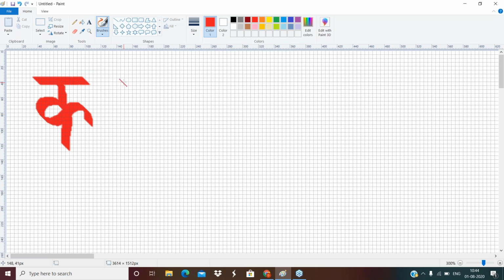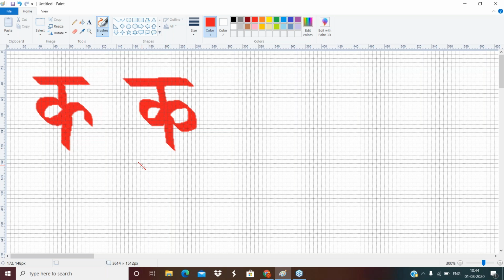When I have to write this in Sharda, there is not much difference. Students have to make only one difference: the stroke comes down almost half, and then you make a loop here, and then you bring this down. I think this will be a familiar ka.